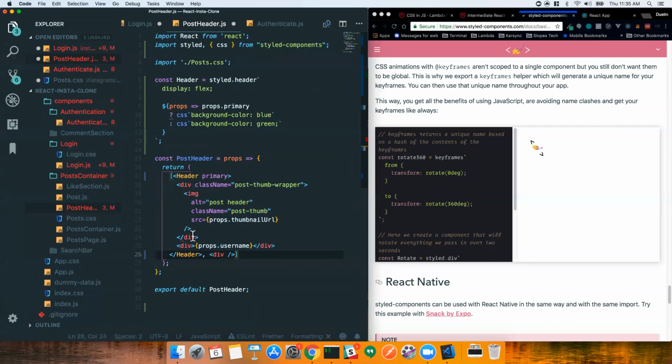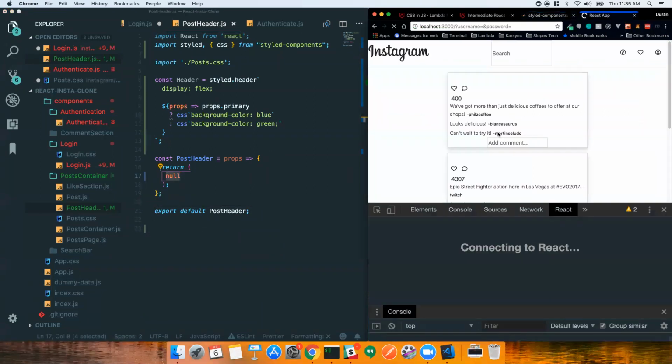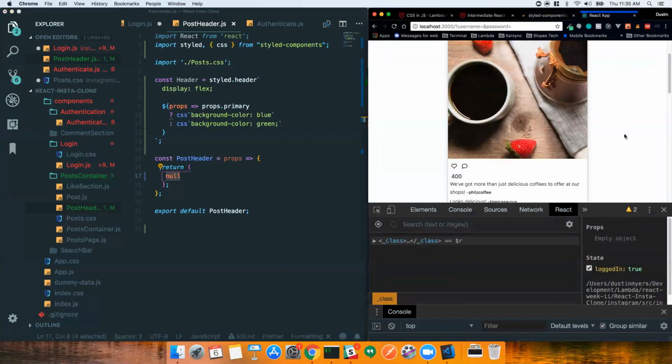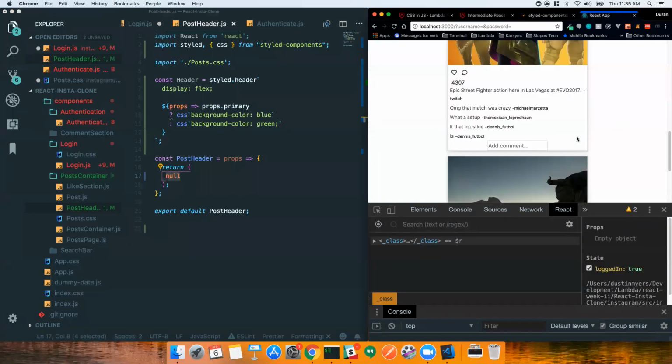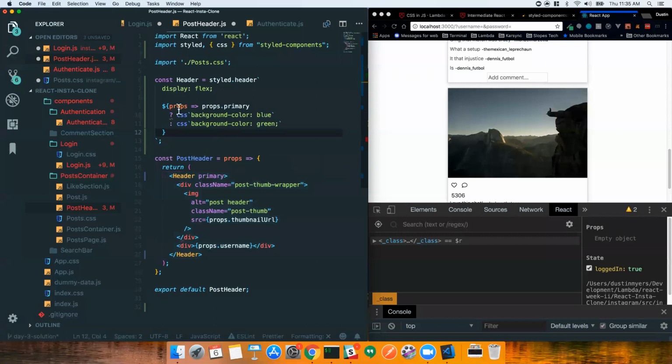Right? So now we're returning an array of things here. It is also valid to just return null. So this is a valid thing in React, in JSX. So you can see there's nothing there. It will render nothing. So with that in mind, when we look at this, we're creating a component, and we've